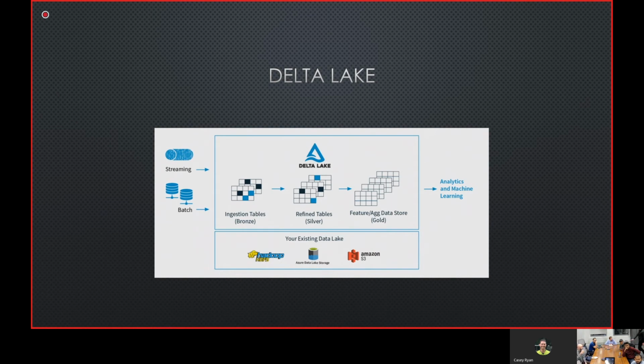And because of this, you're then allowed to join that onto the batch data with no differences. So you could take a streaming data source and stream it into what we would call an ingestion table or a bronze table. And then you could take a batch data source that you would load into a different bronze table, and then you could join those together in a silver table with no special thought of the fact that one of those tables is streaming. And then even that silver table, as you refresh it, will always have the new data from the streaming table. So that's one of the benefits. That's my favorite benefit of Delta Lake. However, there are many more.